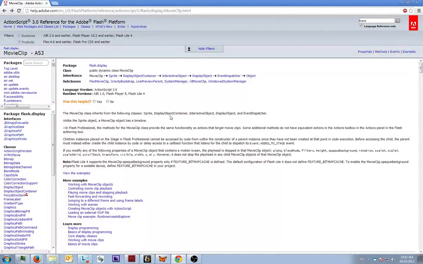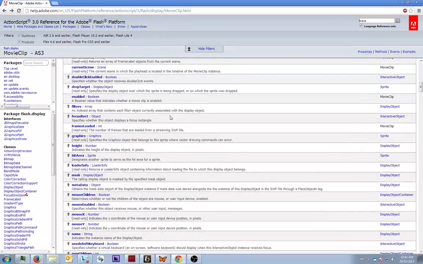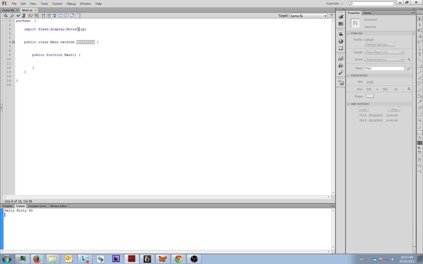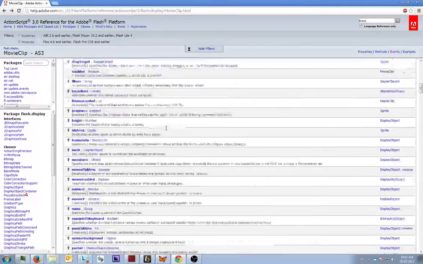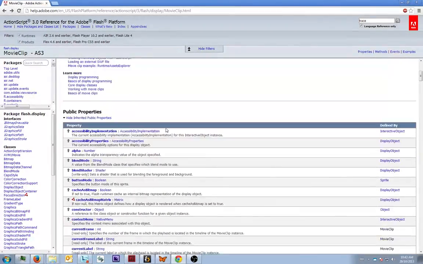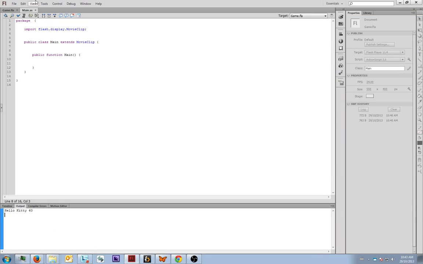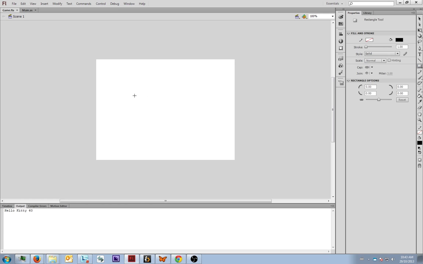And as I said before, all the functionality can kind of be seen. You can see here what that means and what you can do. So it's got an X and a Y property, which means you can theoretically shift the entire stage over. Not that I'd recommend doing it, but let's just show you how to do it for the fun of it. So if you just draw something on your stage,